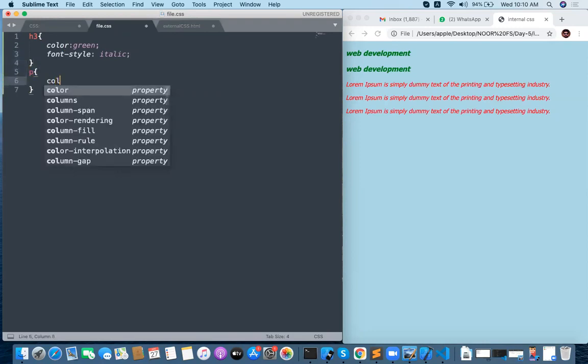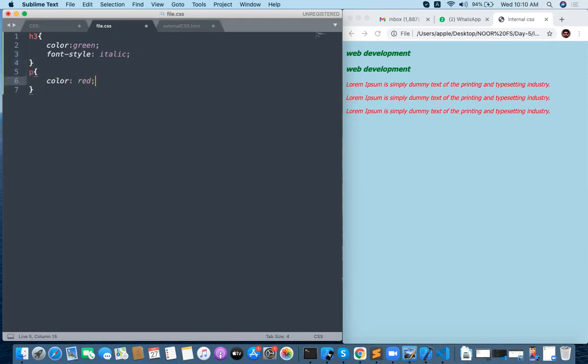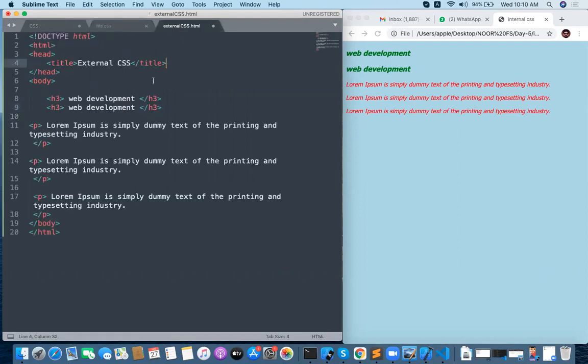So paragraph color will be red, font family is Tahoma, font style will be italic. Okay, fine. And if you want to change the body color, you can change the body background color, light blue, whatever you want. My requirement finally is I just want to access this file.css in the external css.html.